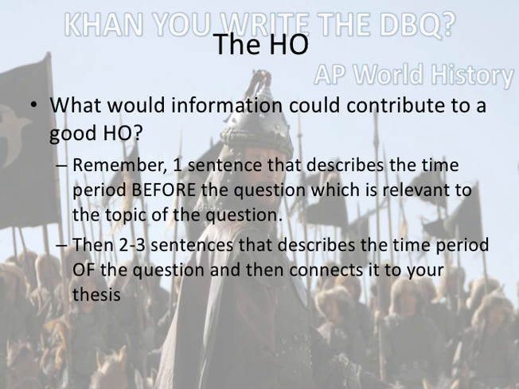Follow that up with 2 to 3 sentences that describe the time period of the question that they're asking you about. So remember, the question's asking you about 1200 to 1350. So like what's happening a little bit before 1200? You could talk about Chinese golden ages, the Islamic golden age, European dark ages, the emergence of more integrated trade routes during the post-classical era, opening up of connectivity between different world regions. That's a good place to start. Then get more specific about what's happening, particularly in East Asia, particularly between 1200 and 1350.